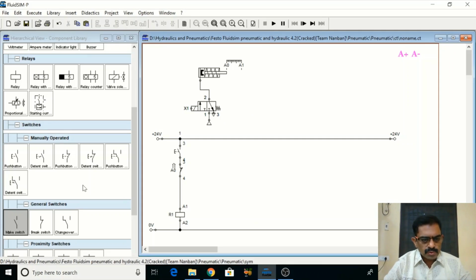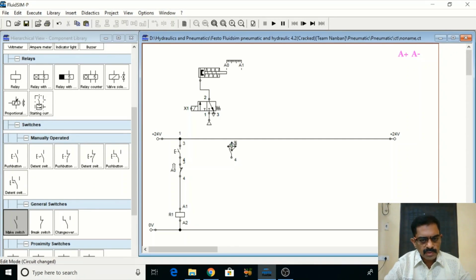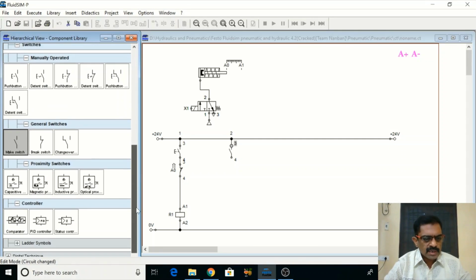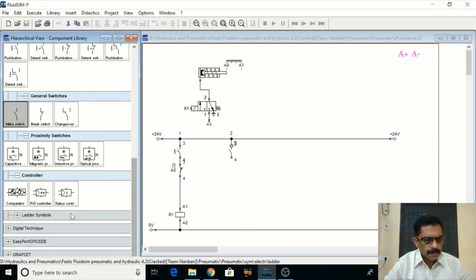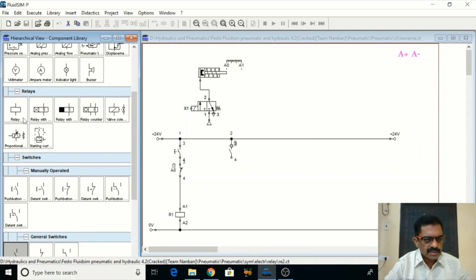I have to use another switch, open switch. So let me connect here, and take a solenoid. I have to actuate my solenoid. My solenoid will be there in relays. So this is my solenoid.